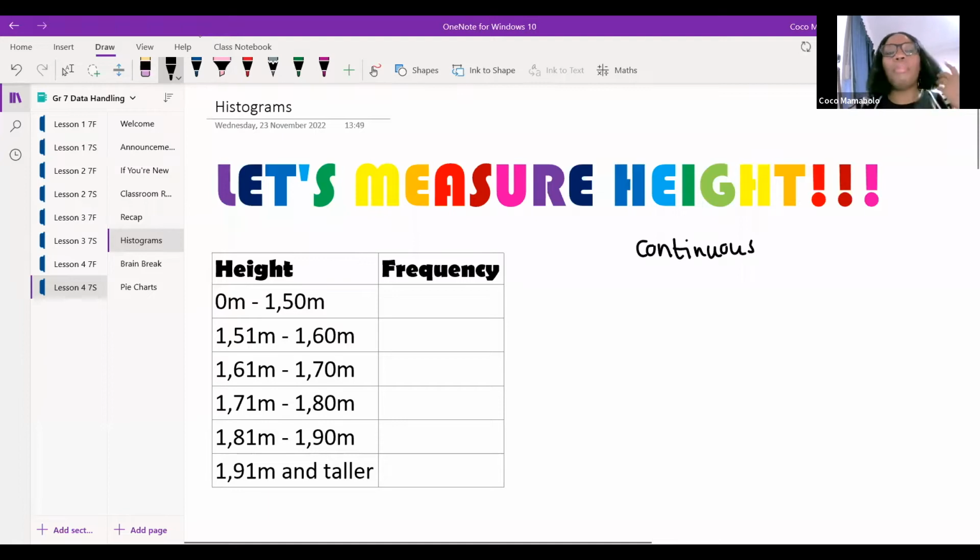All right. Now, because I cannot take every single one of your heights and put them on a graph, it doesn't make sense. What we're going to do is split you up into sections. Anybody who's between 0 and 1,5, that's where your answer is going to sit, along with everybody in that interval. We call that an interval, that space in between. Everybody whose height is between 0 and 1,5 meters sits in that interval. Anybody between 1,51 and 1,6 will sit in that interval.